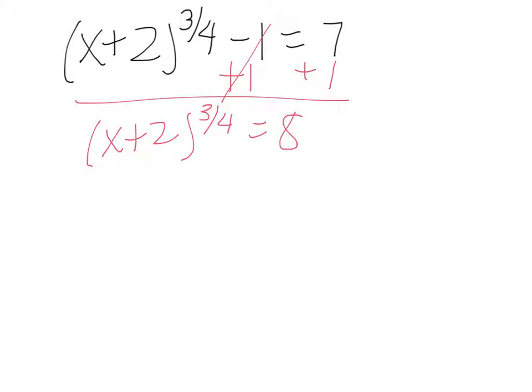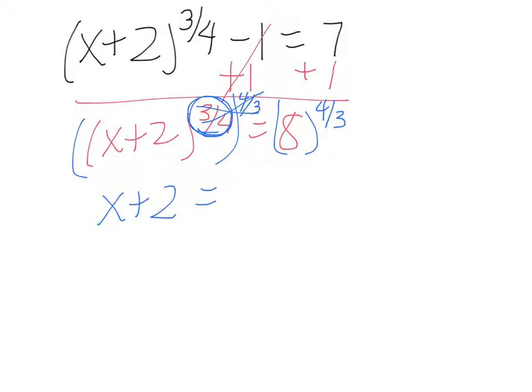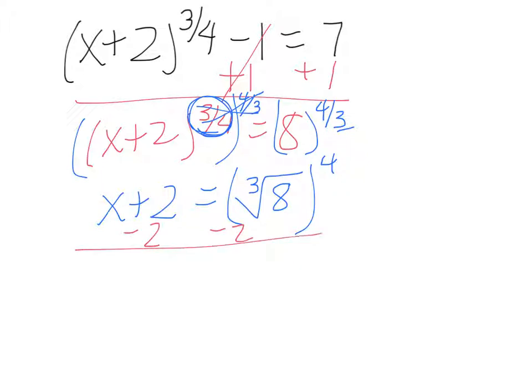To get rid of our 3 over 4, we are going to take everything to the 4/3 power. So you're going to take whatever your fractional exponent is, and you're going to take the reciprocal. When that happens, all of that goes away, so we have x plus 2 is now equal to the cube root of 8, because remember the index is always the denominator, and we're going to raise that to the 4th power. So I'm going to subtract my 2 over, so we have x is equal to negative 2 plus